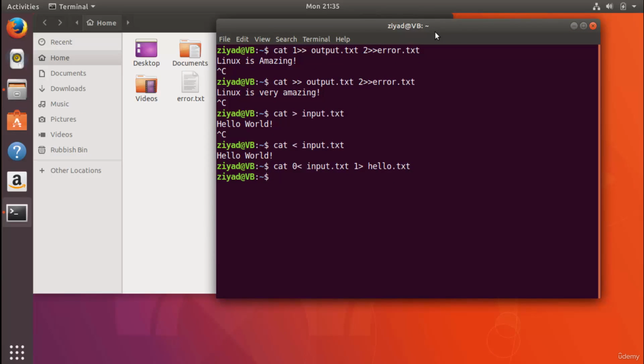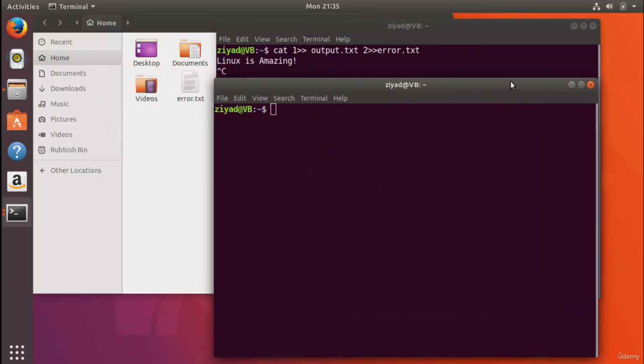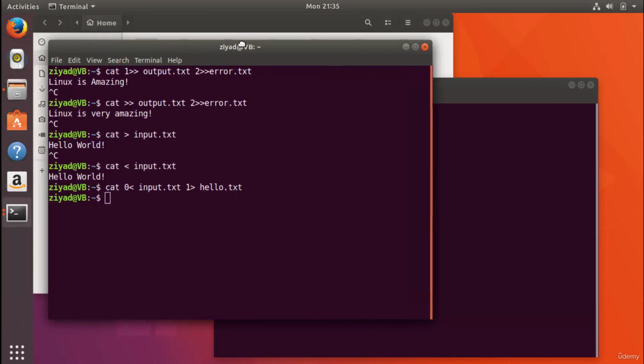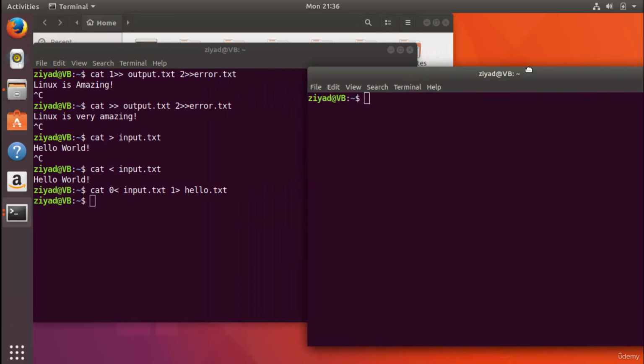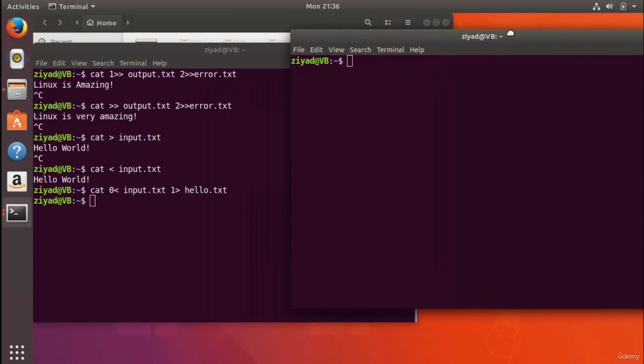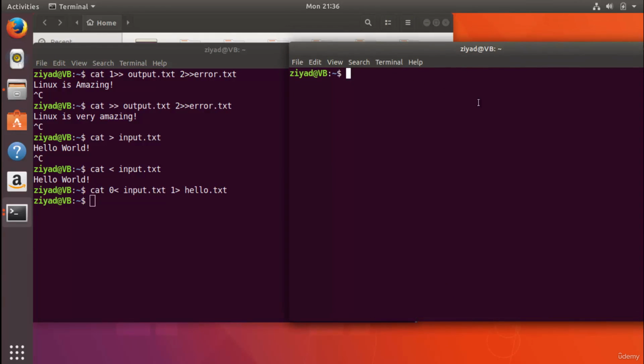Now, here's one more mind-blowing thing. Everything in Linux is actually treated the same as a file, even terminals. So let me open up another terminal. I'm going to use the shortcut Control-Alt and T, and I'm going to open them right next to one another. So I'm going to put one over here, and I'm going to put one over here. Okay. Now, in the other terminal, this new one on the right, I'm going to run the